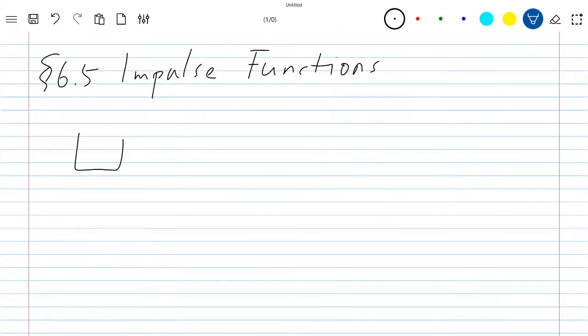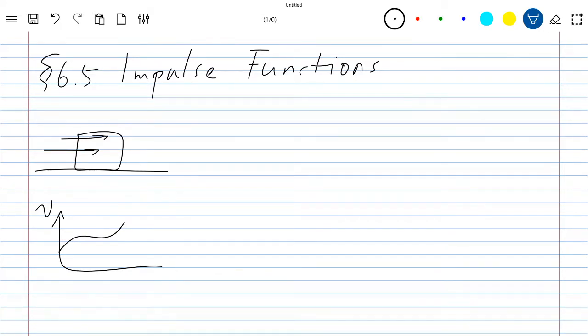So you have an object moving on the table at some finite speed. This is your velocity, but at a certain point you just hit it very hard, and it will suddenly increase. Right, the velocity will increase. Then it may decrease again due to the friction. But this sudden change is not something we can differentiate. So we cannot describe it by differential equations in